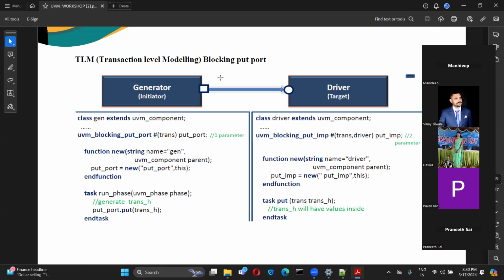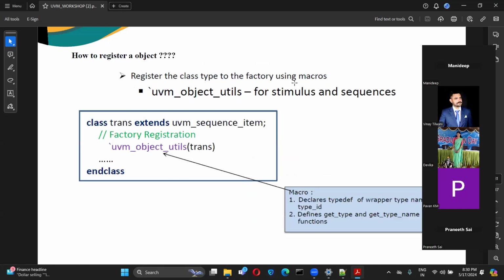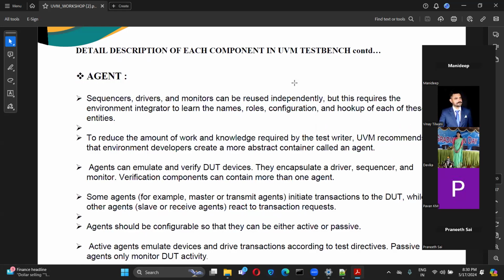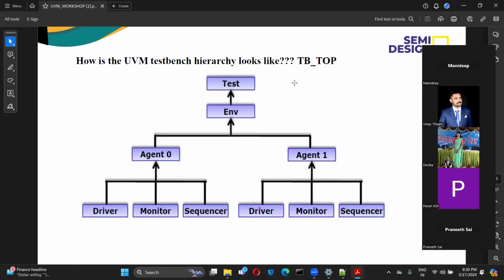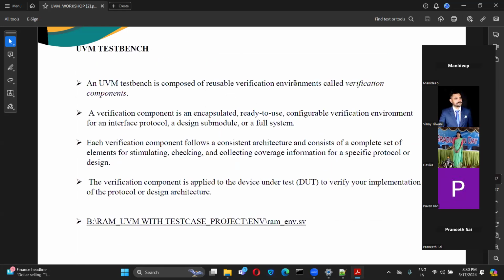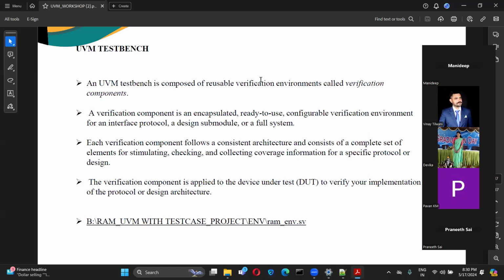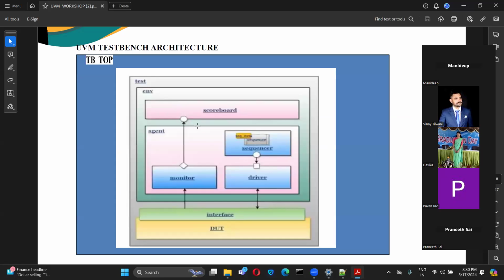You also have to observe the pictorial representation. If you see in our test bench architecture also, I don't know how many of you have observed that. Here also, we are representing with different kinds of symbols.